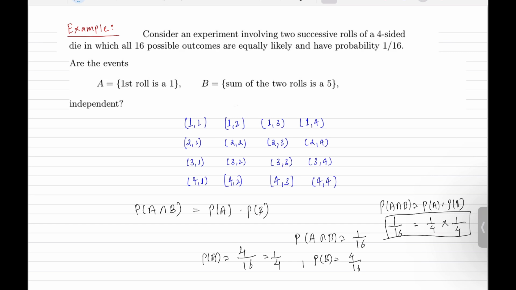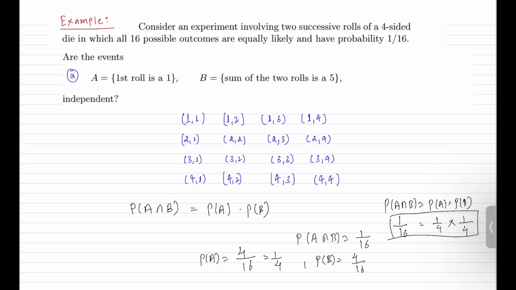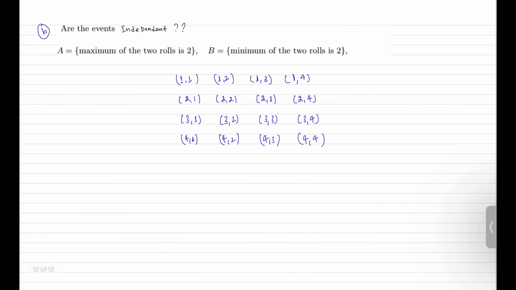Let's look at one more question based on the same example. Based on the same experiment, let's look at question B. Right now we have different events, and we have to check whether these two events are independent. Event A is the maximum of two rolls is 2, and event B is the minimum of two rolls is 2. Intuitively we can say that these two events are not independent, because the minimum of two rolls tells you